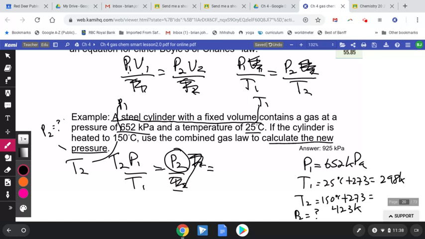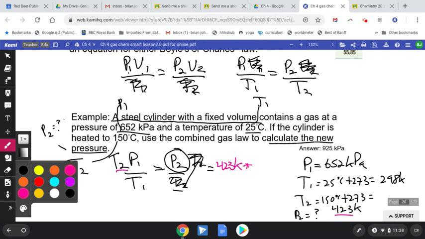Megan, thumbs up. Okay, so now we just have to substitute into our new formula. Pressure 2 is temperature 2, there's temperature 2, 423 Kelvin. Pressure 1, let's go a new color. Pressure 1, there's pressure 1, 652 kPa. And it's divided by temperature 1. And there's temperature 1, 298 Kelvin. Okay, Kelvins cancel out. Plug that into your calculator and you get